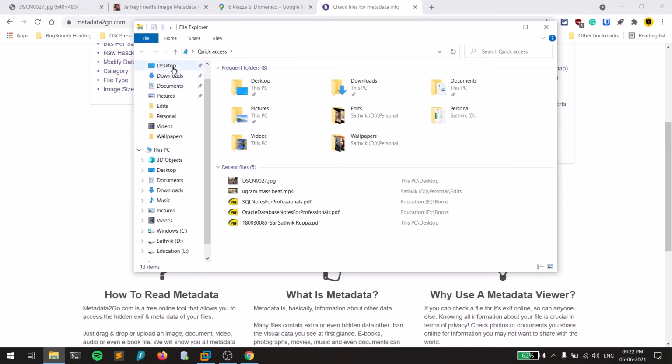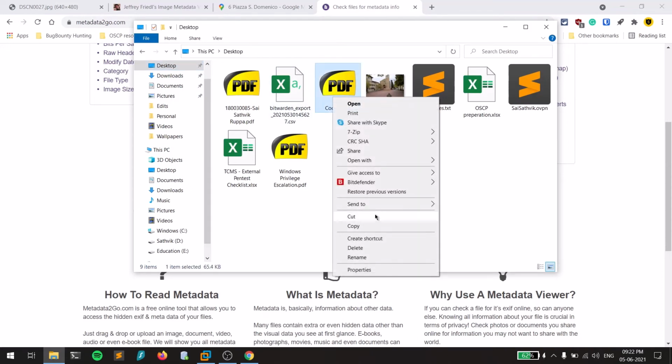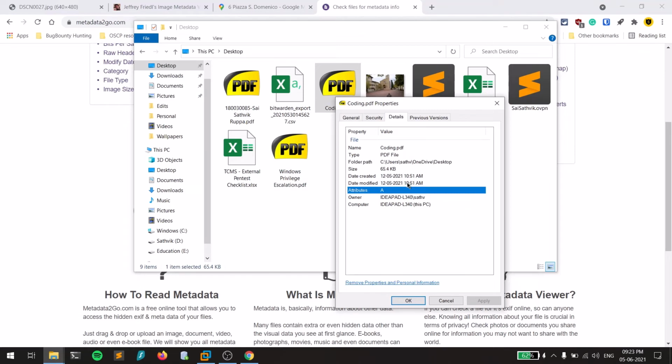Suppose you go for any file, let's think this is a PDF file. Let me go to the properties over that, and you might not find as much data compared to videos or images, but you can still find some information like when it was created and modified, the owners and stuff.